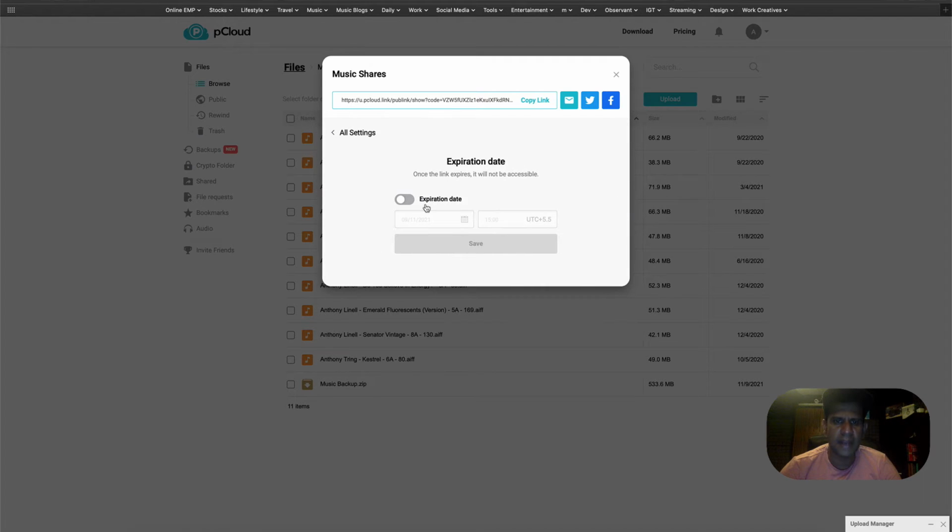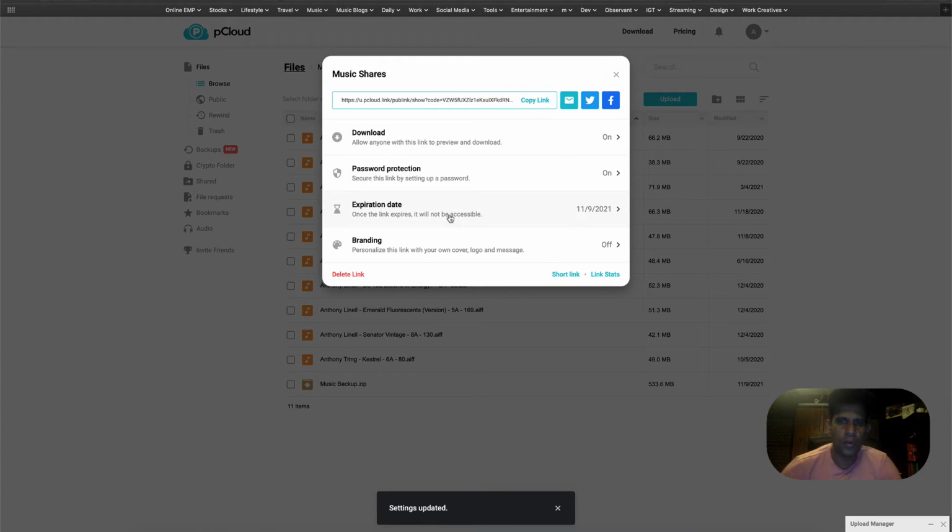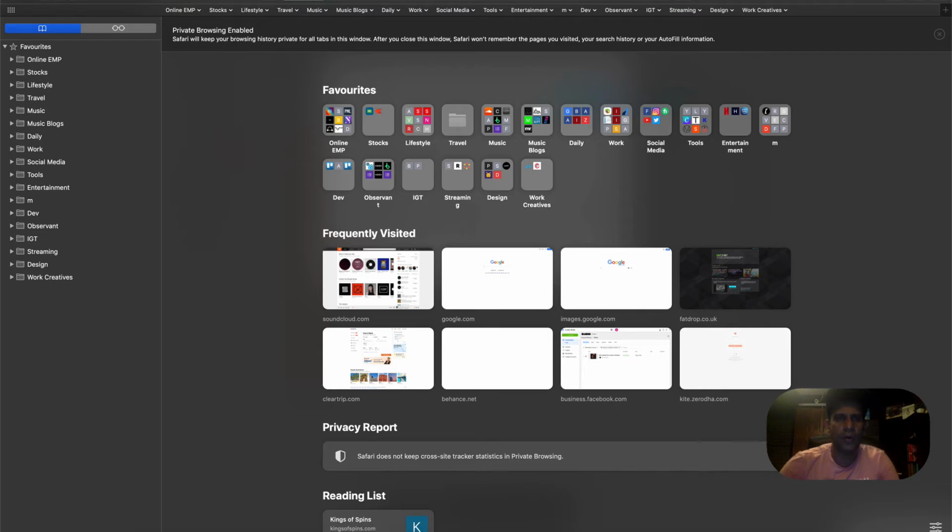Now I can set an expiry date. I can say this file should not be available after a certain time. So let me just go ahead, and the current time is 14:01. So I'm just going to set it to 14:03, which is a couple of minutes from now. The link should expire. So I will just go ahead again, open the link, keep the link over here,